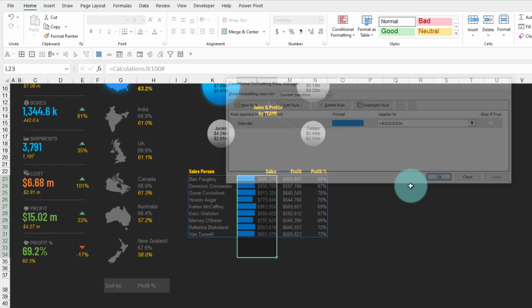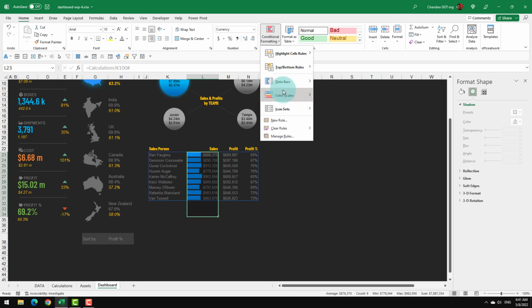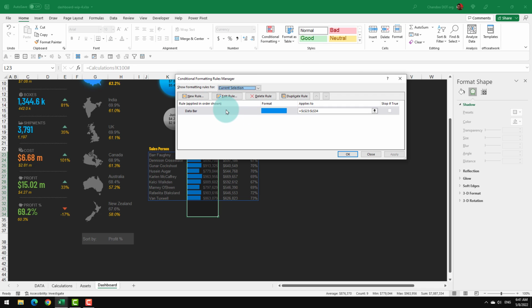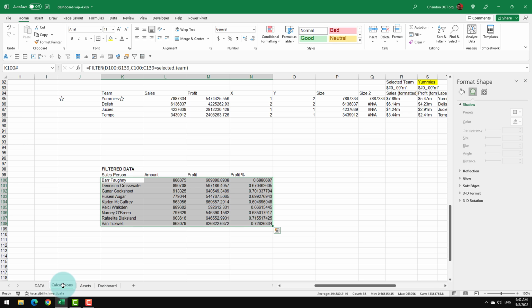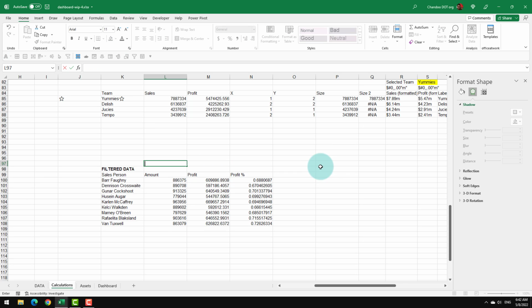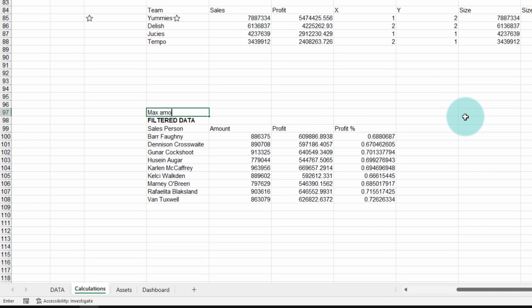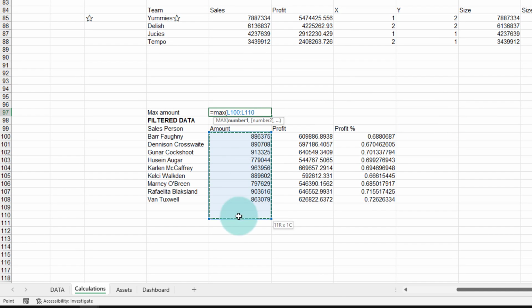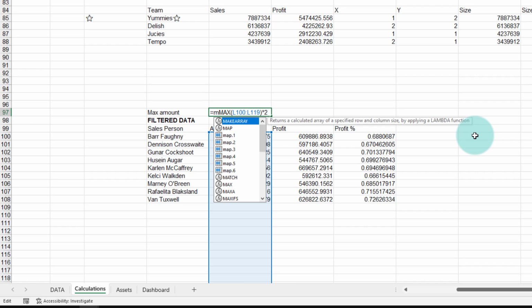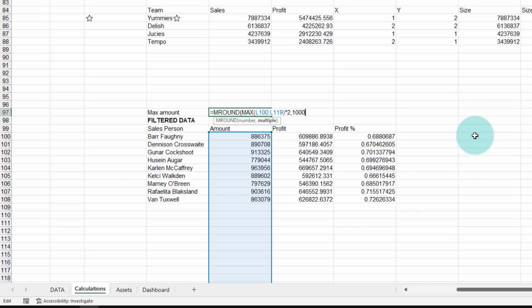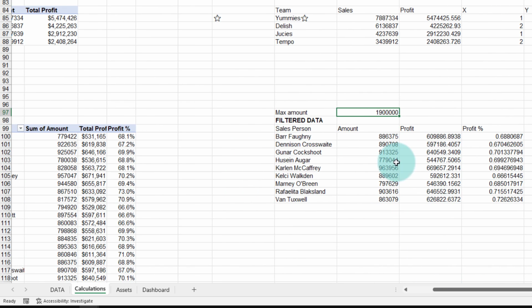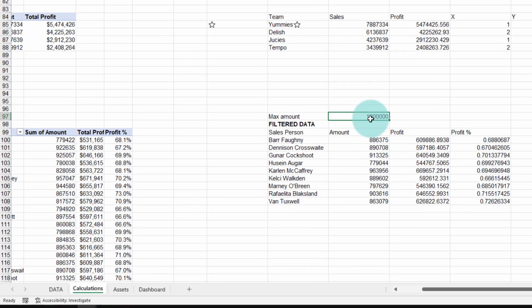only sit halfway through. While the 2 million number is hard coded, you can actually set this number to be a variable as well. So it's a good idea to set up the variable. I can go back to my calculations, and here you can see that these are the amounts. We can calculate what is the max amount, and this is nothing but max of this range, and then we can just multiply that with 2 and then round it to nearest 100,000. So that we will get this value here, and this is the number that we shall use for our conditional